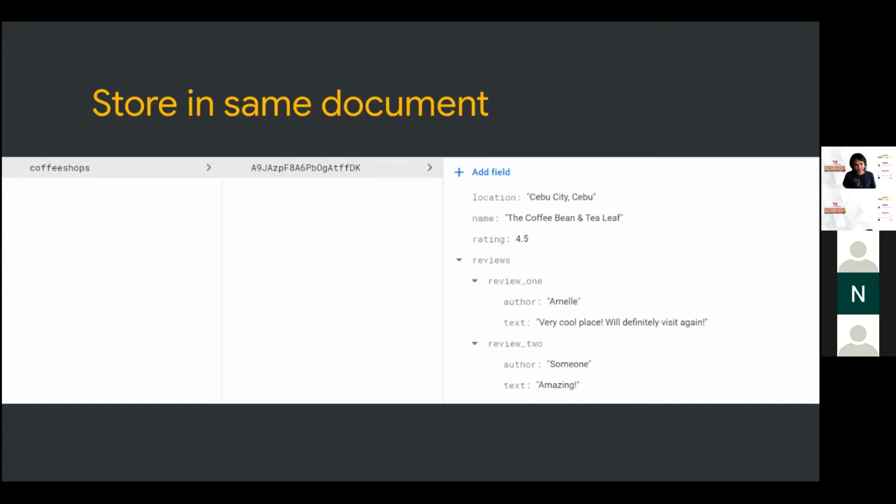So let's try the first approach, store in the same document. This is very straightforward. That just means that in one document you store all the reviews inside it together with the coffee shop information. So if you're already thinking this is not a good idea, then you're right. This is not a good idea. If you think about it, there's one little upside to this, which is you only need to do one read. By doing one read, you get all the data already, but there's a lot of downsides that outweigh